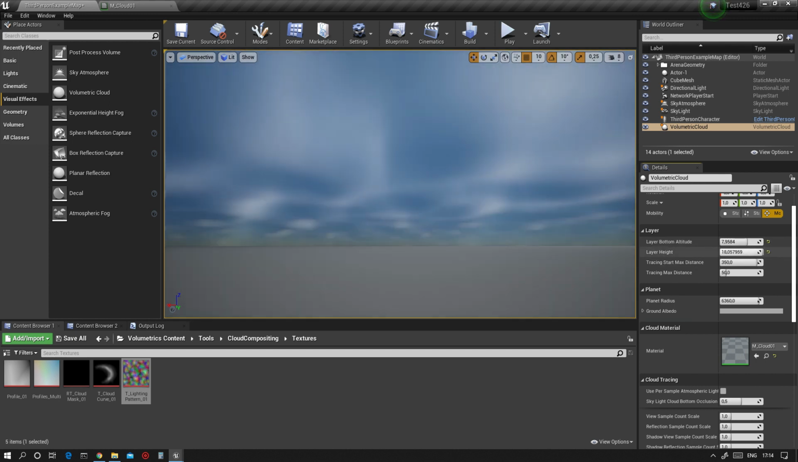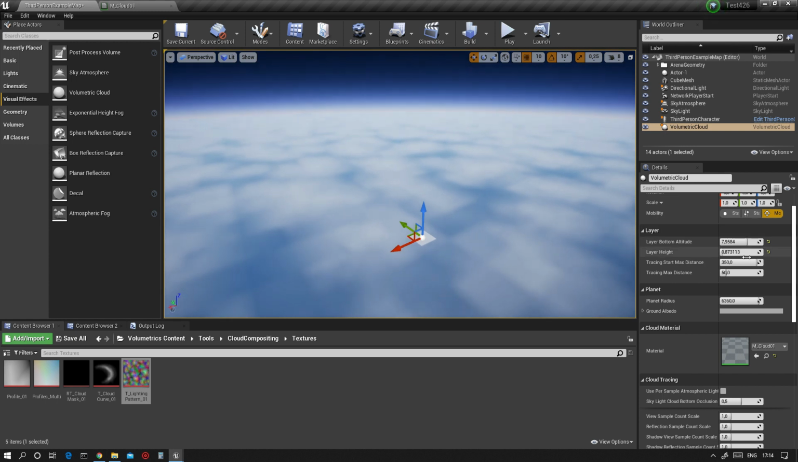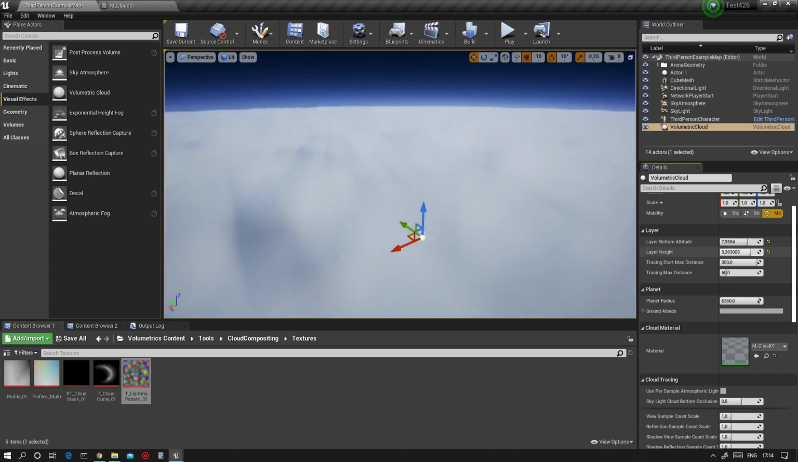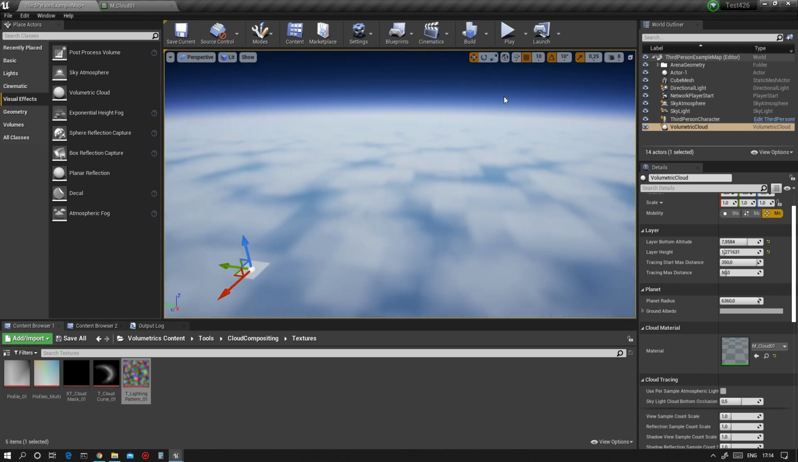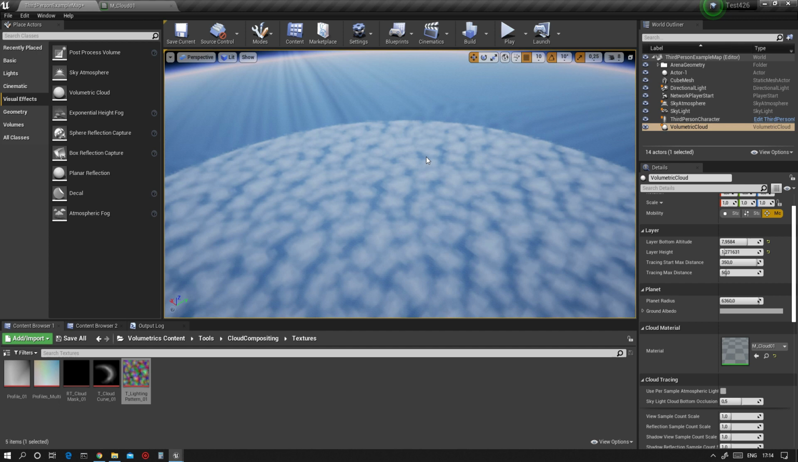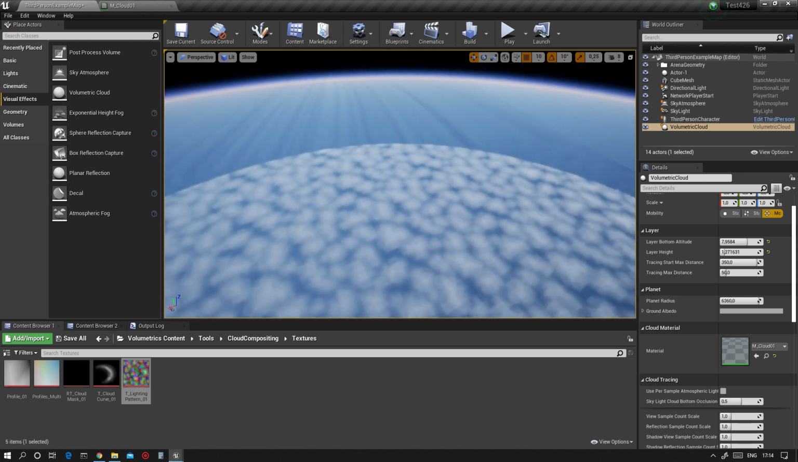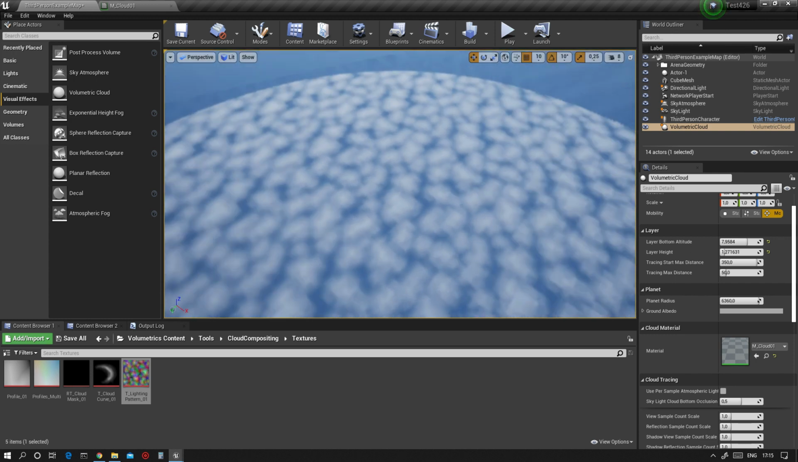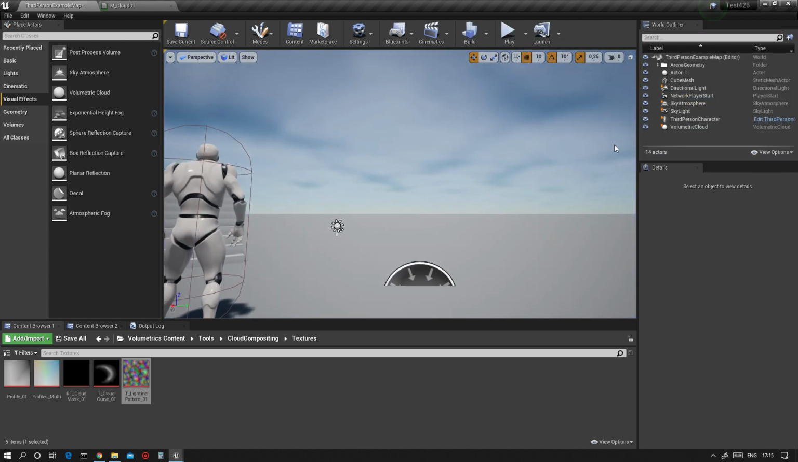And for the cloud height, since we are using a very tiny texture, it is being tiled all the way through the shape. You see that the volumetric cloud system is already taking into account that we have a spherical planet, and